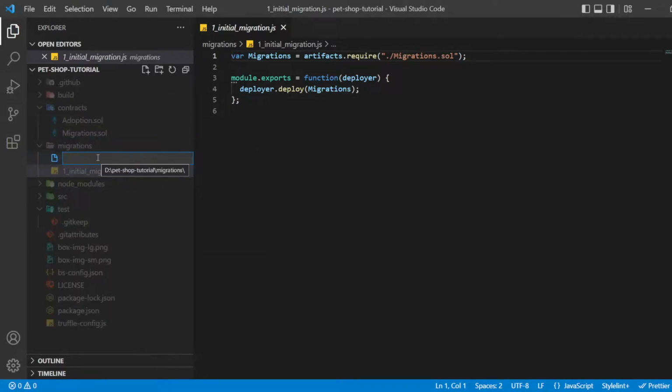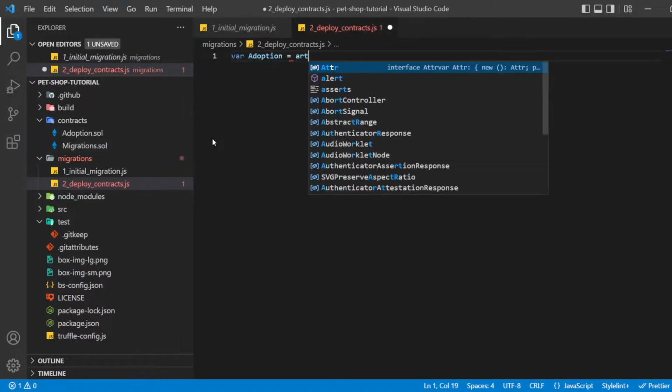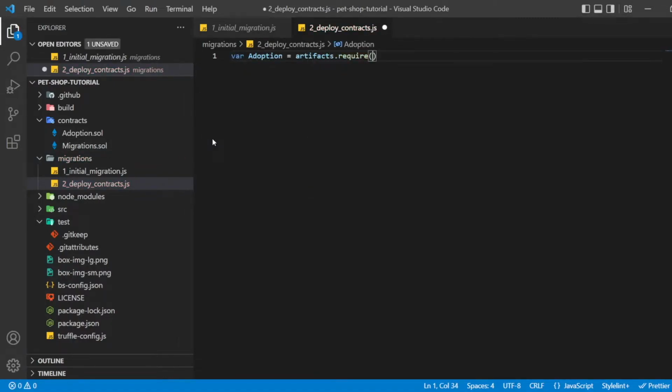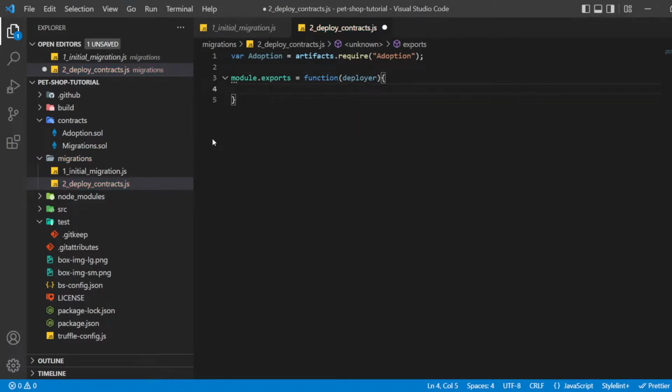Create a new file named 2_deploy_contracts.js in the migrations directory, where Adoption = artifacts.require("Adoption"); module.exports = function(deployer) { deployer.deploy(Adoption); }